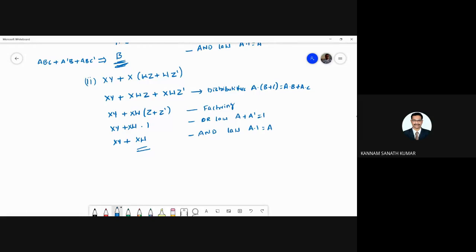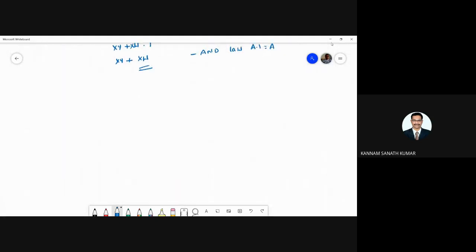So the given expression is minimized into the minimum number of literals. These are nothing but the literals: X, Y, X, W. These variables we call literals. So this is one problem, and the next problem you have to minimize